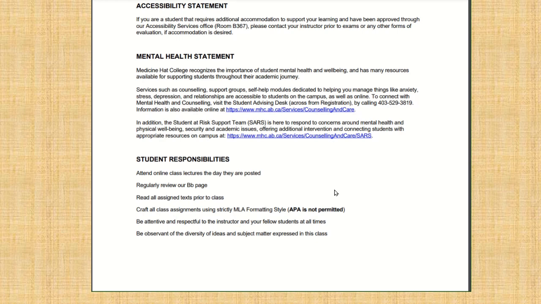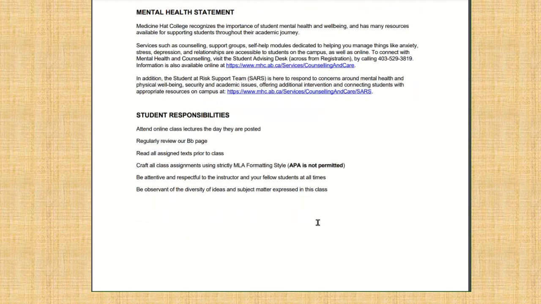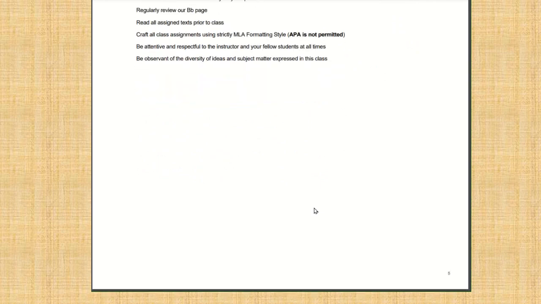Read all assigned text prior to class. Craft all class assignments using strictly and only MLA formatting style. APA is not permitted in this class. Be attentive and respectful to the instructor and your fellow students at all times. That's typically not a problem. Be observant of the diversity of ideas and subject matter expressed in this class. Okay, that's it. Wow, page 5.